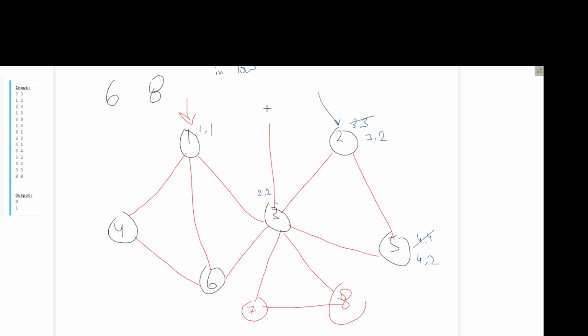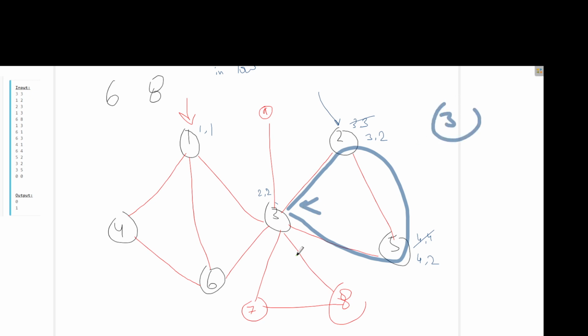And here we have 9. So when the DFS call will enter inside this, then it will insert 3 into our set. And when the DFS call will enter into this connected component, then it will again insert 3.